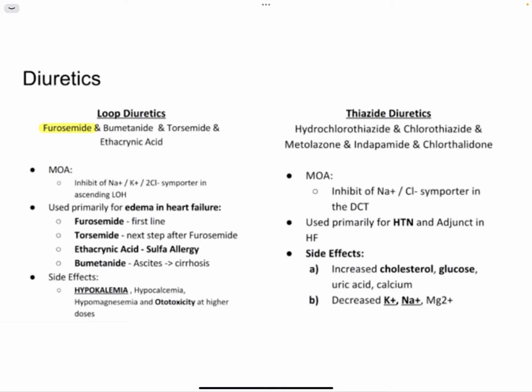Okay. Mechanism of action we discussed. Used primarily for edema in heart failure. All of them, whether it is furosemide, bumetanide, torsemide or ethacrynic acid, the first use of these drugs is in edema. And you know edema means accumulation of fluid. And fluid means accumulation of water and